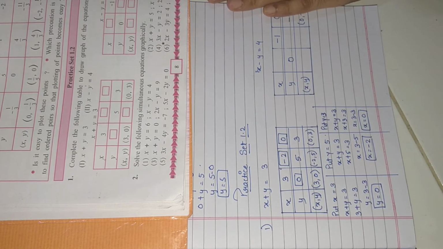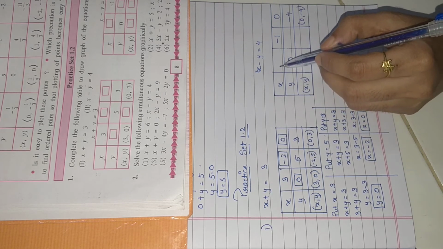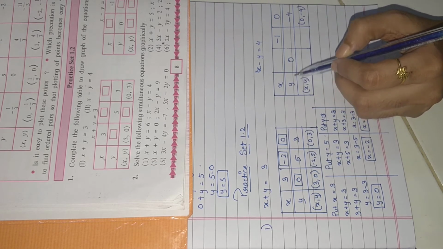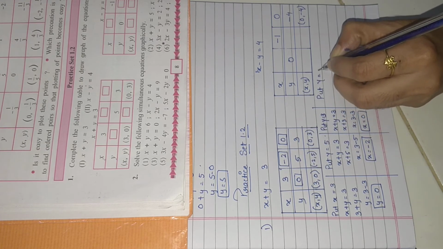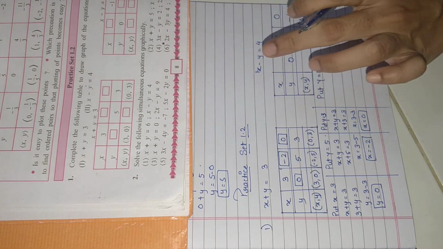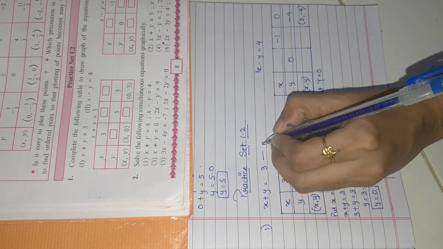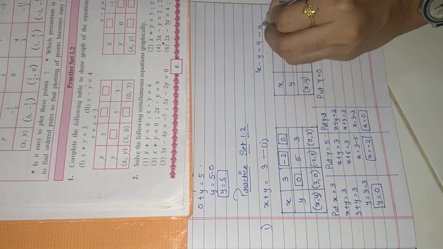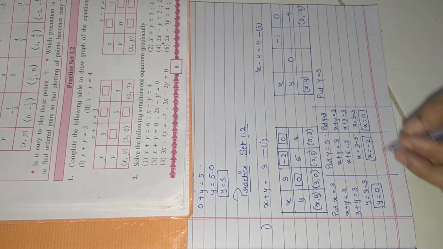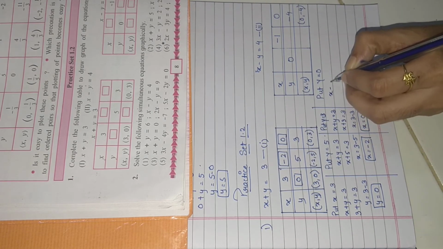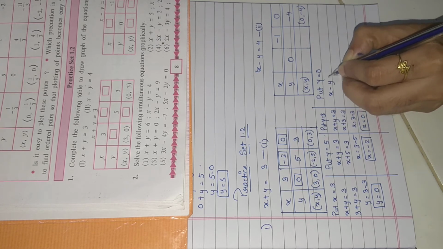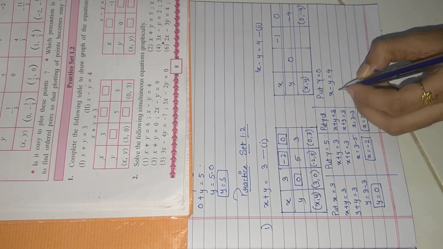In the second one, see, for the first assumption they have taken y as 0. So we'll put y is equal to 0. I repeat, we are doing this for the second equation. This is equation number 1. Sorry, I forgot to write. And this is equation number 2. So for y is equal to 0, we'll put the value of y in equation number 2. This is my equation number 2.